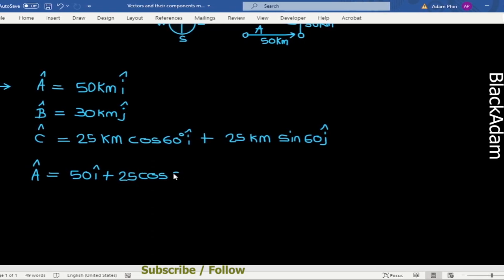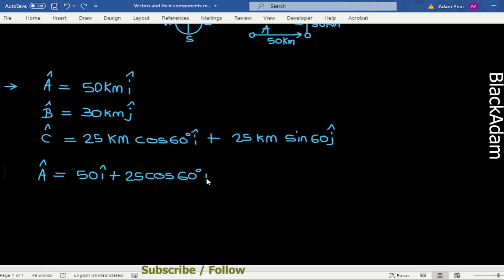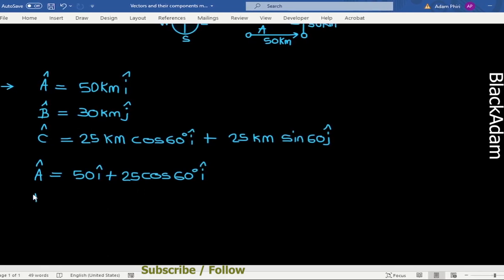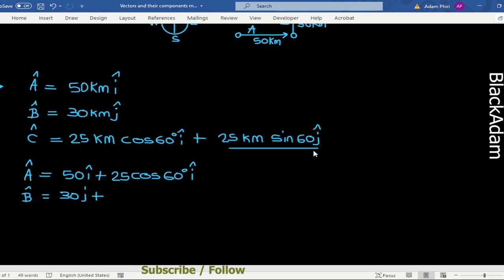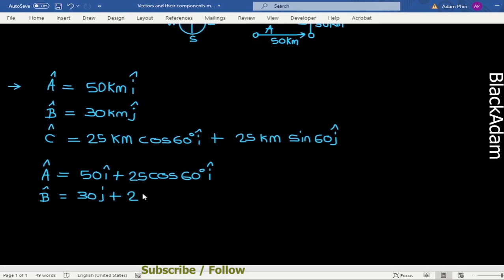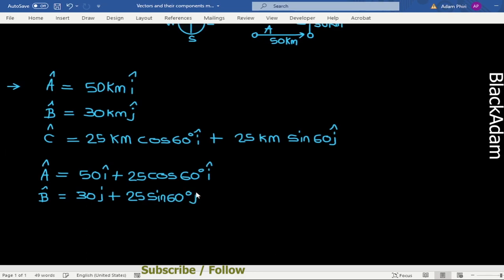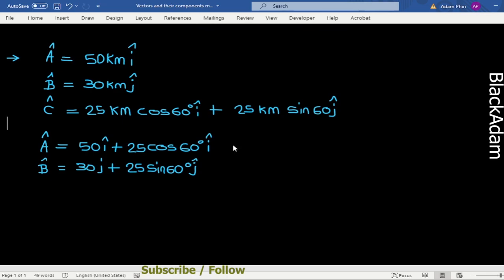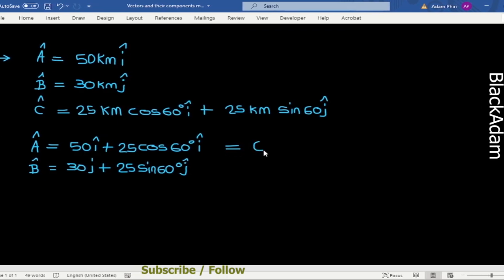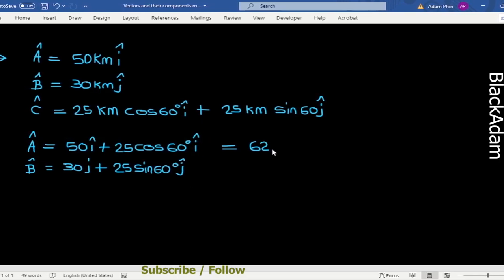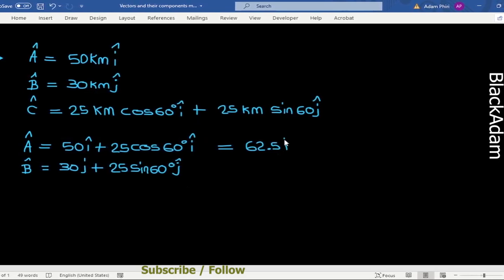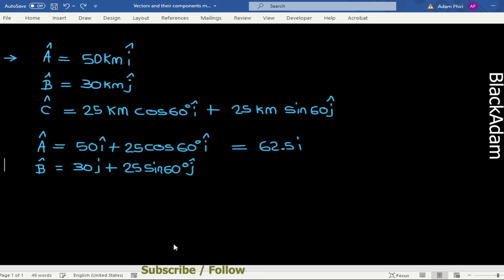25 cos 60, so we're combining the other vectors, grouping them together, plus the vertical component will be 30 kilometers, which means 30 j plus 25 kilometers sine 60 to get the equivalence of the vertical component. And then from there, what we do, we use the calculator. It's 50 there, okay, that would be 62.5 if you add that part, and if you add all of that,